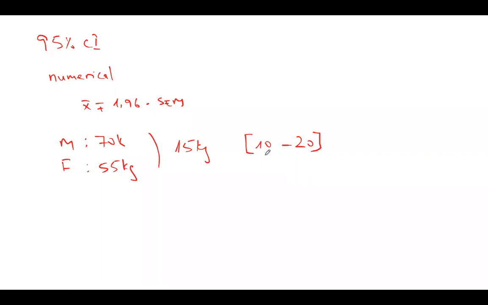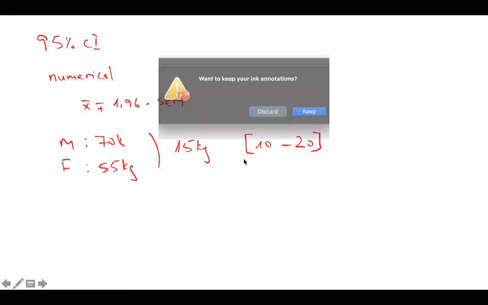10 to 20. That means if you go and repeat this experiment, measure the weight of the males and females, in 95% of the instances you will have a difference of 10 or a maximum difference of 20. But this is in 95% of the cases. In 5% of the cases, it may be more than 20 or less than 10. That means there is